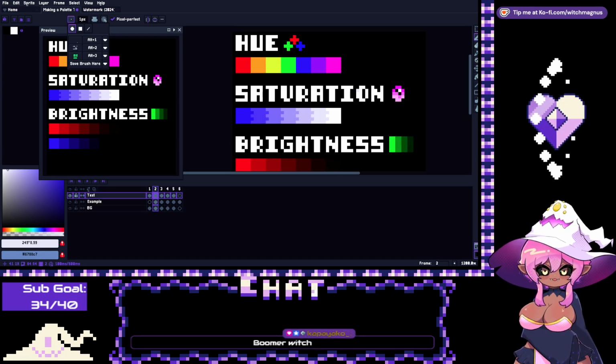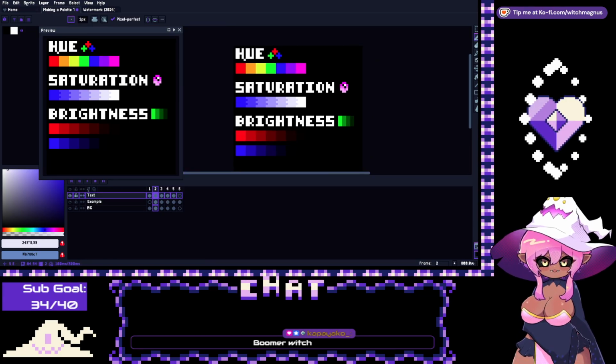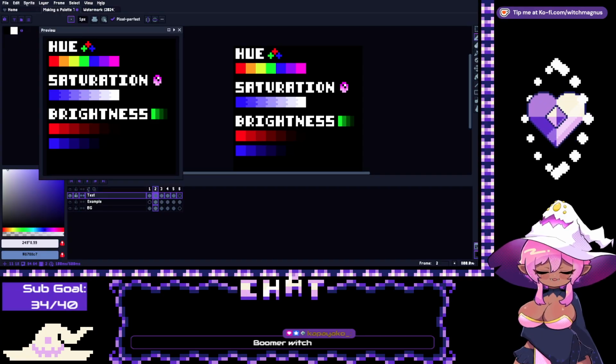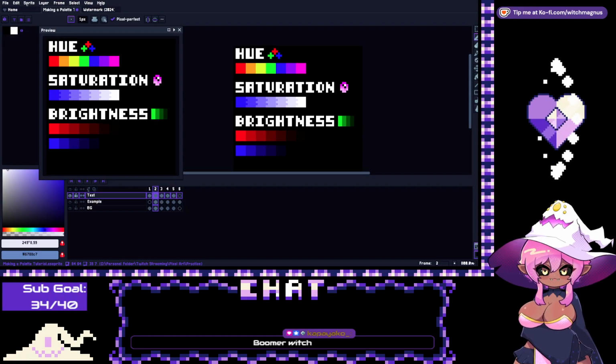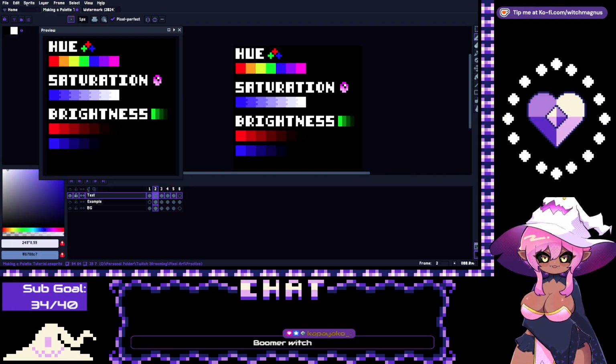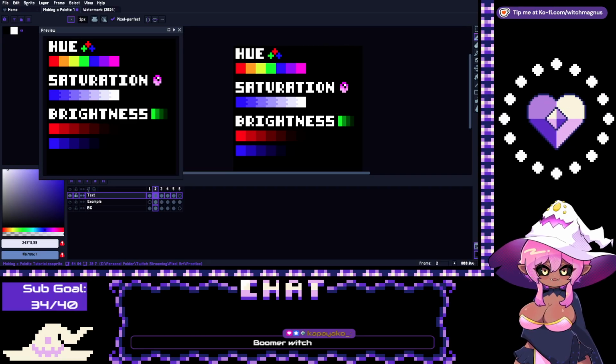So whenever you're making a color palette for your character or anything like that, definitely think about what general vibe you want to give to your... boomer. Yes, I'm a boomer, yes. I am old. And that's why, for example, if you look at my character, Magnus,